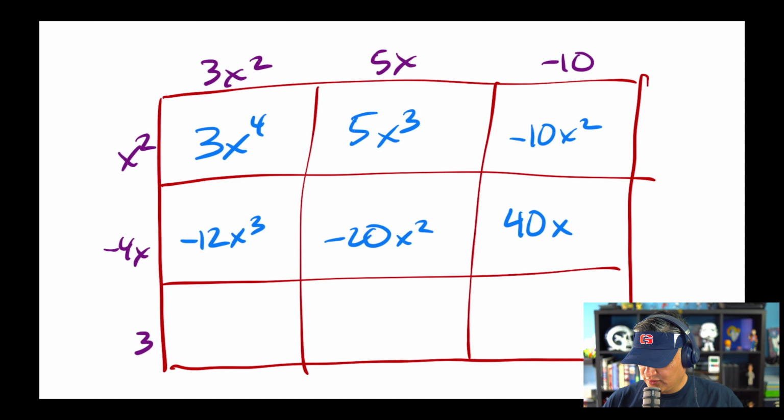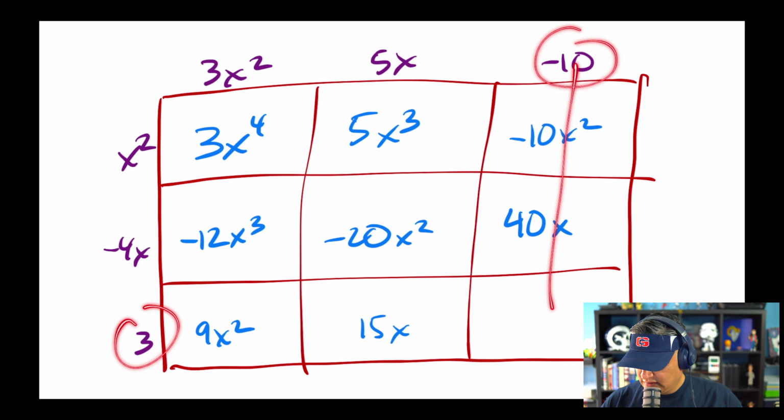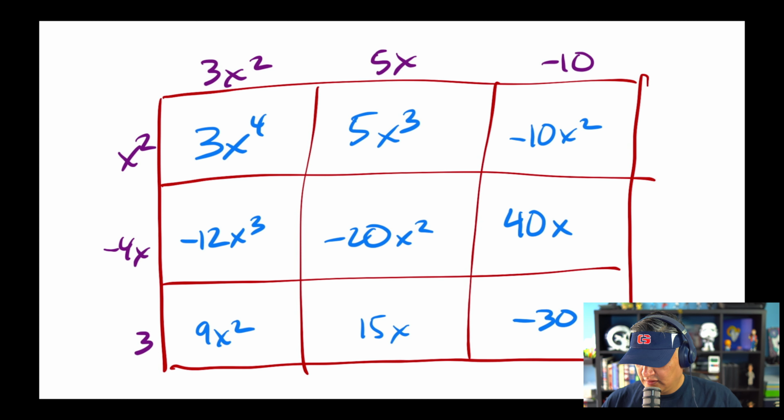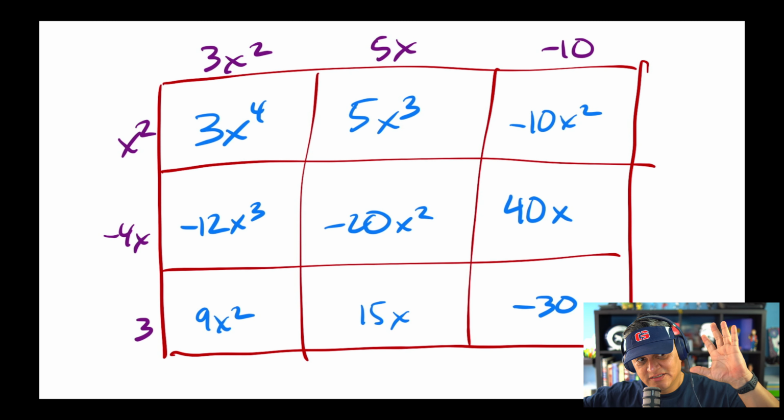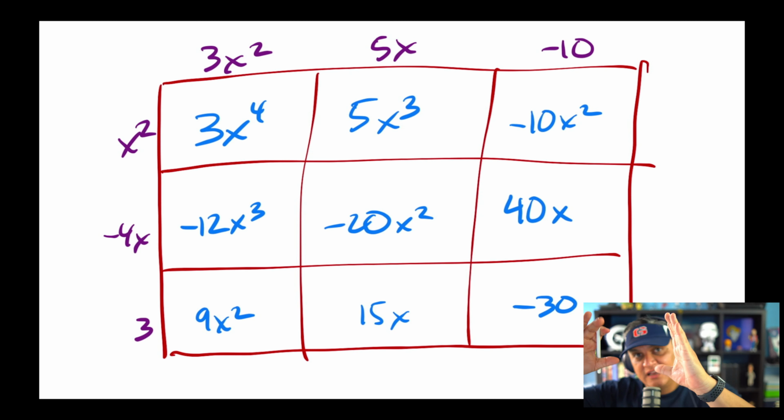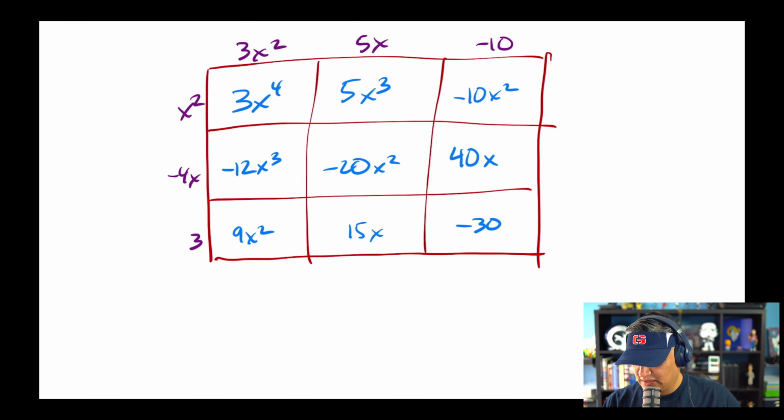Last line, we have 3. So 3 times 3x squared is 9x squared. We have 3 times 5x, which is 15x. And then we have 3 times negative 10 to give me negative 30. Nice, neat box. Everything's nice and compact. It doesn't take up a whole bunch of space. It looks so organized. So now, here's what I told you. Because I put it in descending order on each side,